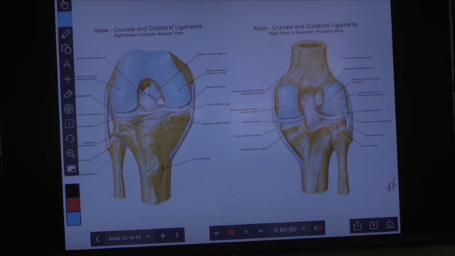And that would be? This ligament is attached to the lateral part of the medial condyle of the femur. Would be